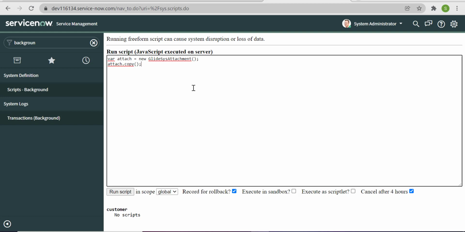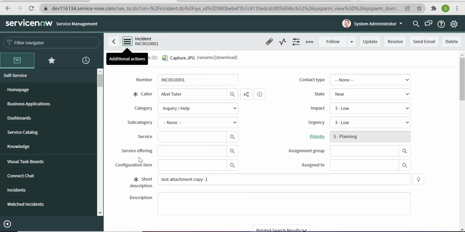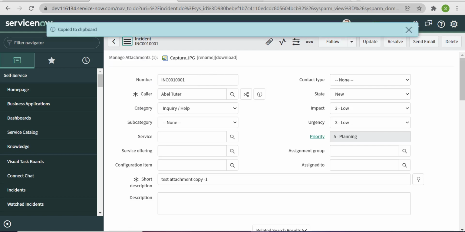Here put the parameters: the source table in string format, that is incident, and the unique source ID, that is the sys ID. So that sys ID I'm copying here.